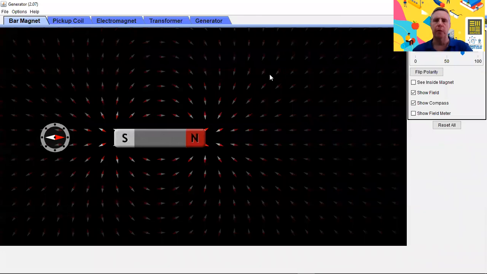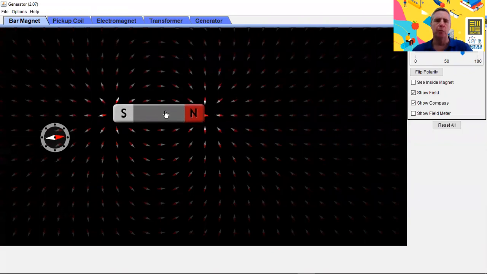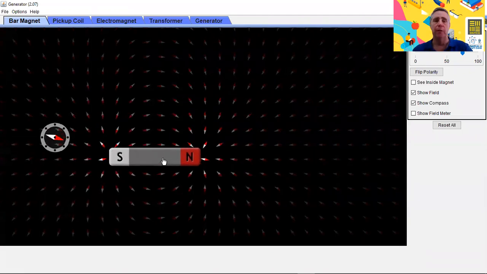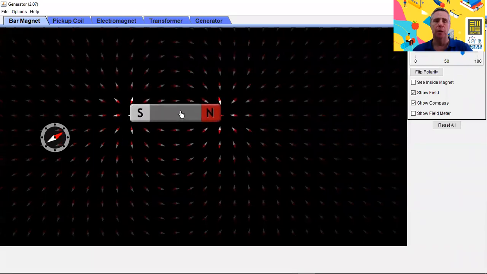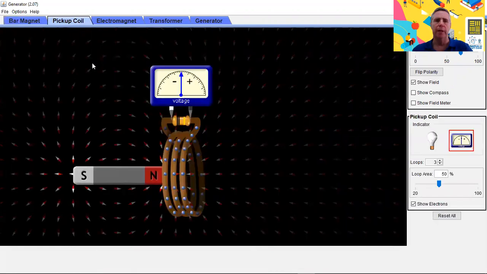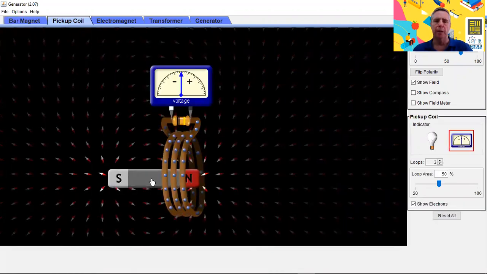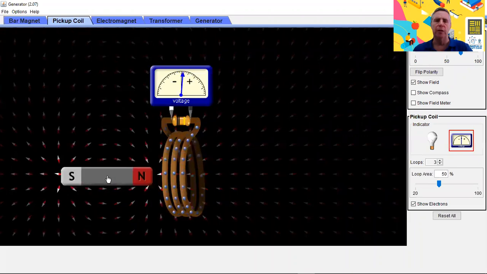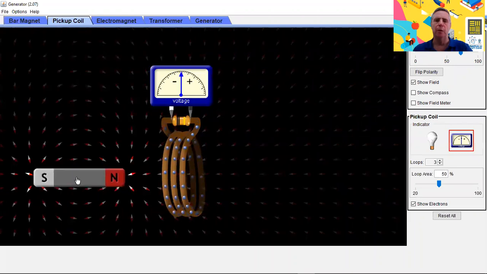So this is a great way to learn about generating electricity. Start off with the bar magnet. And of course, as we move it around, you can see the magnetic field indicated by the small and the large compass needles. Now, if we have a bar magnet like that near to a coil, when we move the magnet in and out of the coil, it can actually generate some voltage as that magnetic field passes through the